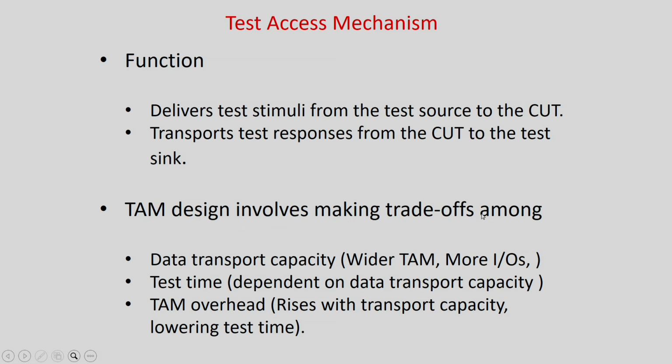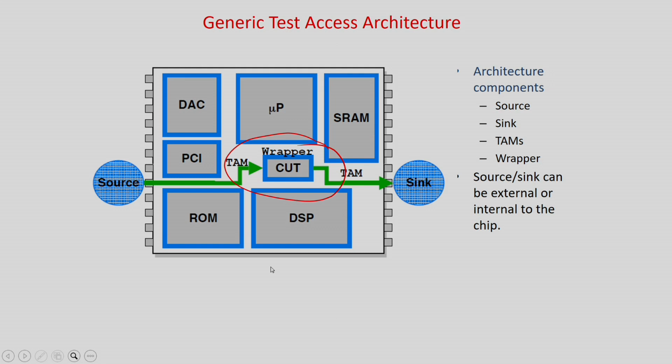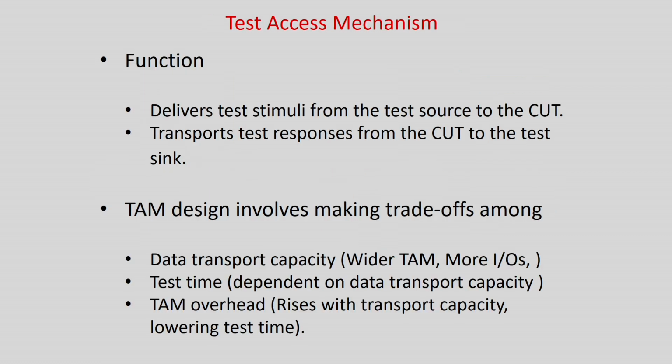TAM design involves making a lot of trade-offs. As I told you, if you have a full scan based design, it will be a very simple, low cost TAM, but the problem is that test time will be large, because you have to scan the values and bring them to the point to do the testing. Also, maybe I can have a serial TAM, a single line. If 5 values have to be applied, with a single bit you have to do it serially. If I have a parallel TAM, I can put a lot of values directly, so it will be a faster way of handling. You can easily understand this is a trade-off between speed of testing and the amount of resources used.